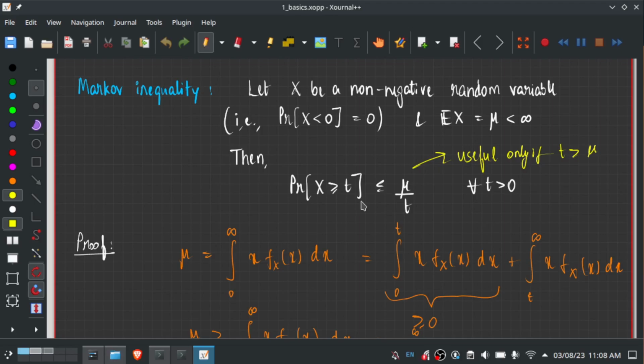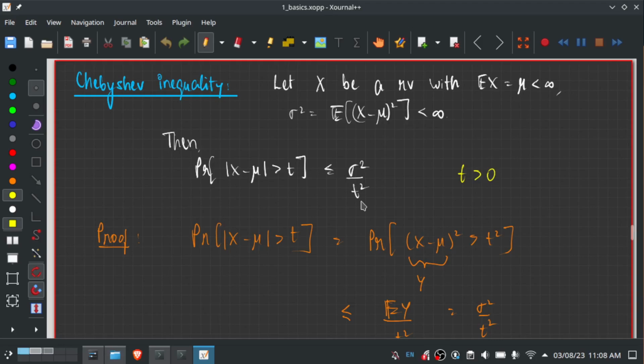This is okay, not very tight, as we will see. But at the same time, it helps us derive much stronger bounds. To see why, we immediately saw another inequality, Chebyshev's inequality, which holds for more general random variables. But then we had this additional constraint that the variance has to be finite. And ultimately, the bound is tied to the variance. The larger the variance of the random variable is, the looser your bound will be.